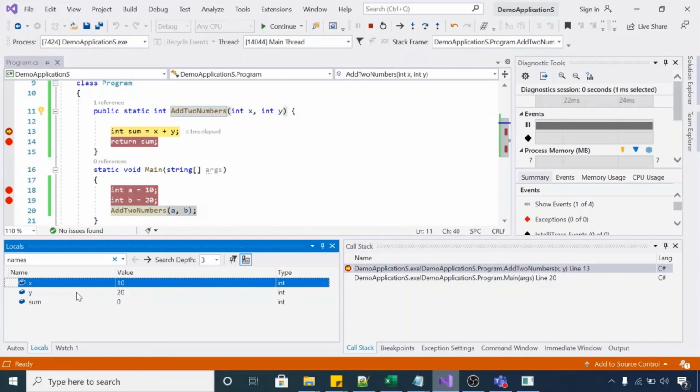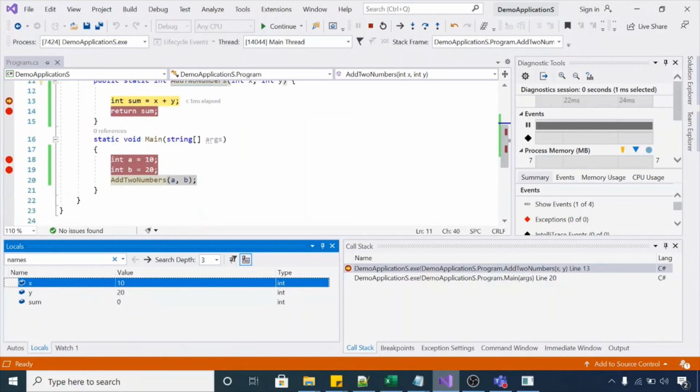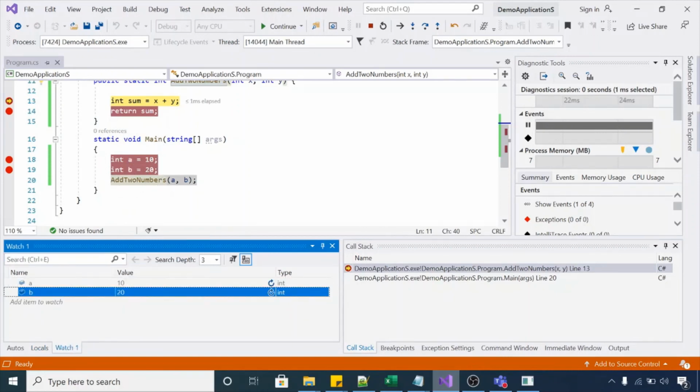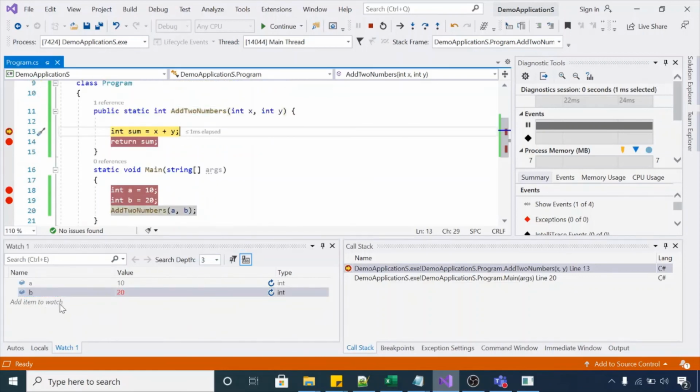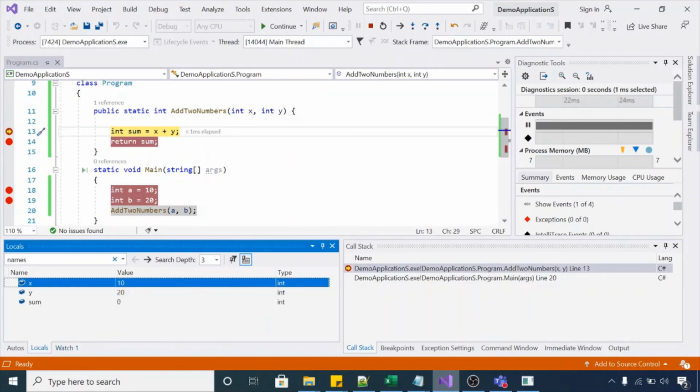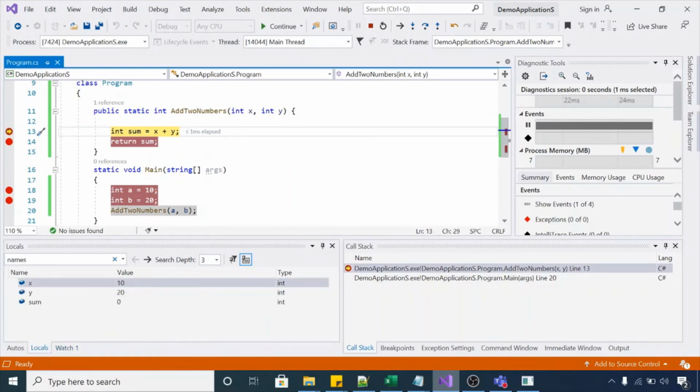Now the local window is not listing the values of A and B. So this is the difference. You added watch for A and B, but in the watch window you will still get the values of A and B. On the other side, the local window will only list those variables which are in the current scope, like our control is in the add two numbers method. So the local window will only list these variables X, Y, and sum.